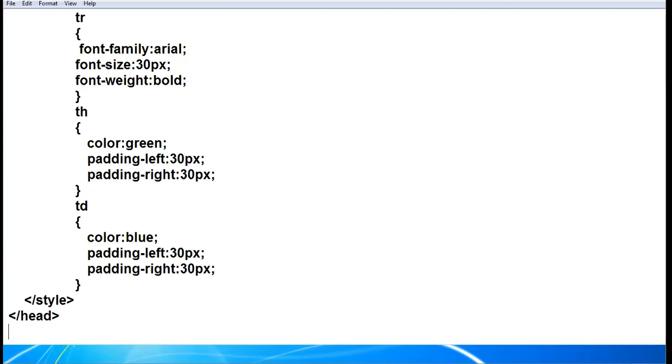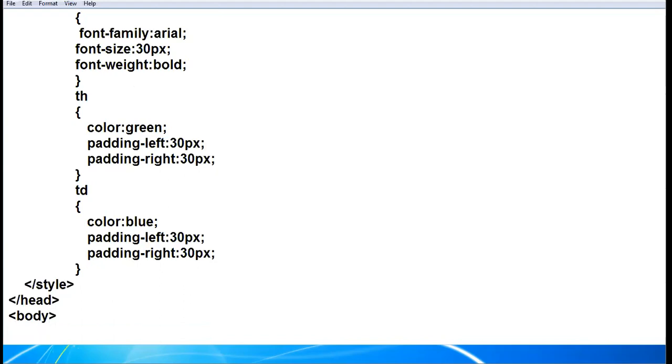Got it? Now I start the body tag and start your normal coding, but no formatting now, because formatting we have set as per the CSS rules. So I start the table tag. I am giving border here 4.